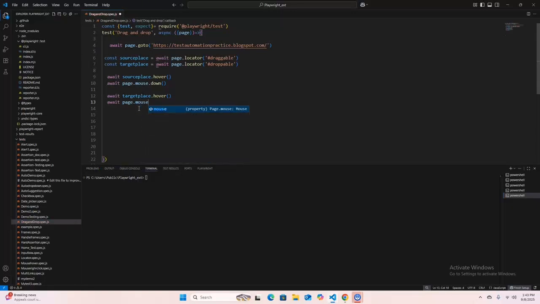With the help of mouse we are dragging and dropping, right? So mouse dot, and here we are dropping, drag to drop. So we'll use here the up method,